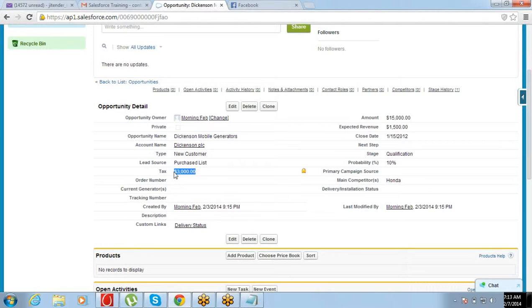Now they decided, why don't we try to categorize the accounts into A category, B category, and C category? First of all, we'll start calling category A accounts, then we'll call category B and category C. So how did they decide on category A? They decided on a criteria that any account which has a certain amount of revenue and a certain number of employees will be category A. Let's say any account which has more than 500 employees and $1 million as revenue, we will consider that as category A. Those are the biggest accounts, and we will call them first of all.